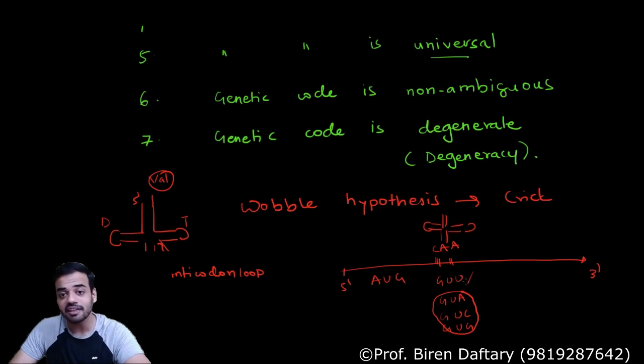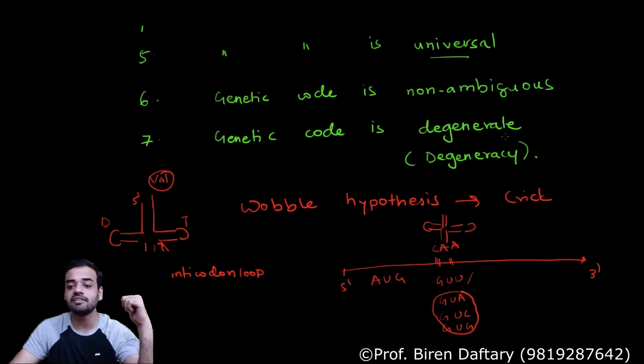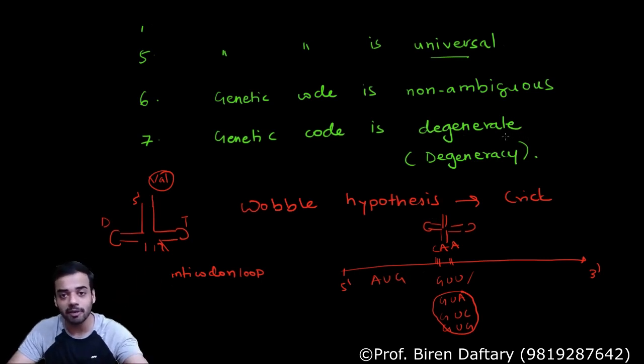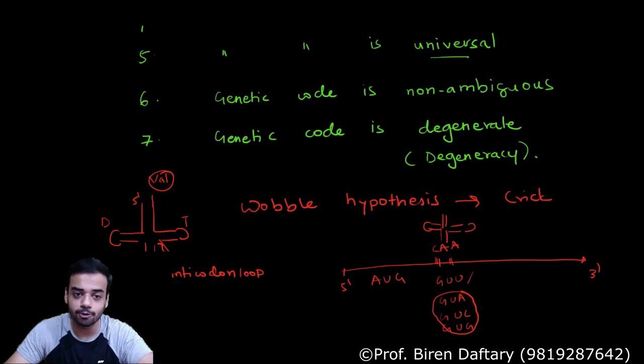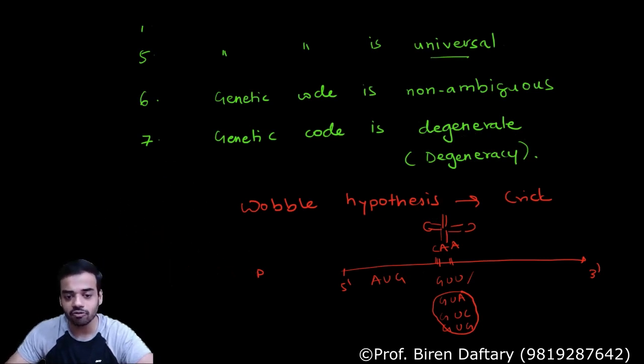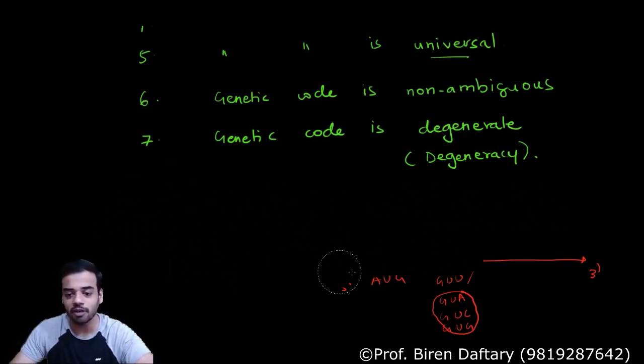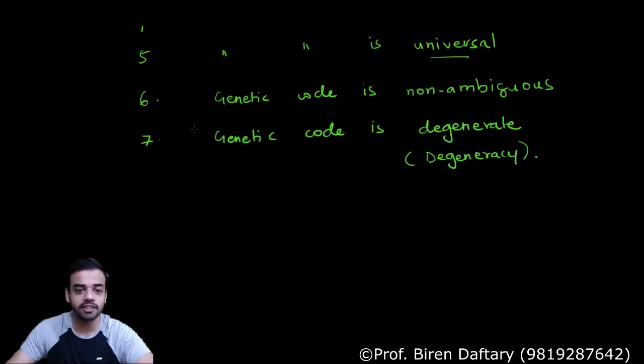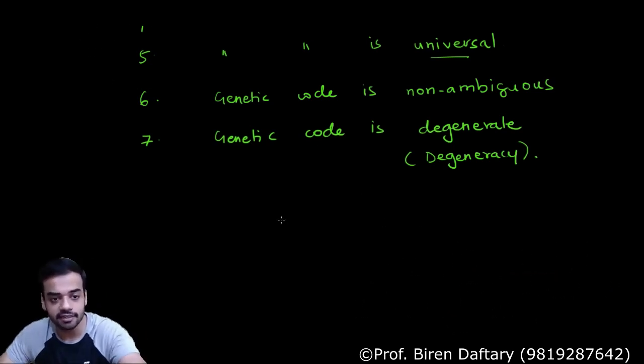Some people ask me, Sir, can wobble hypothesis happen if the first pair is not matching and the next two are matching? No, it will not happen. The rule in wobble hypothesis is that the first two nucleotides of anticodon and codon should match. Only the third, if it doesn't match, it is okay. So are you understanding this hypothesis? This hypothesis was given by Crick, and this explains degeneracy, which also says that one amino acid can be coded by more than one codon. I took some time over here because your book doesn't explain this wobble hypothesis. They have given it, so I explained it to you. So I think that part is clear.